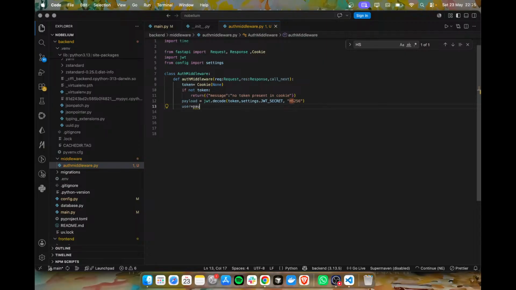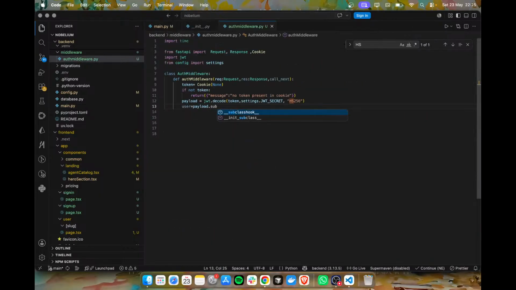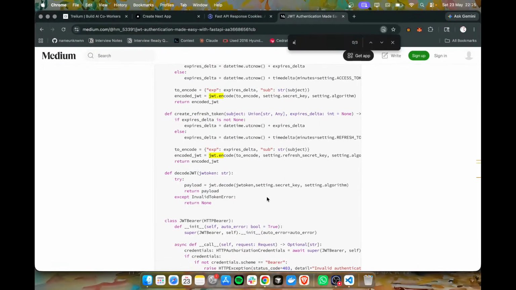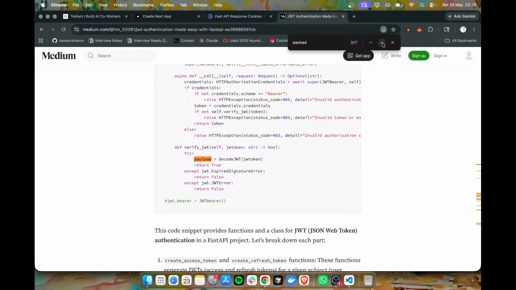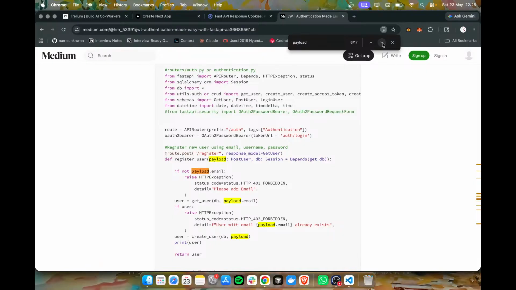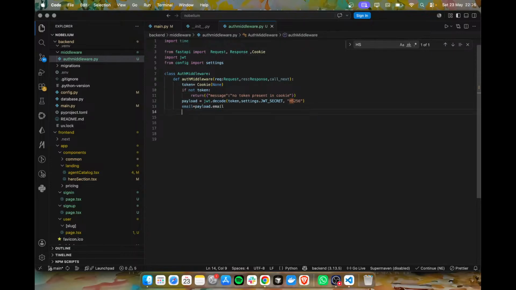User equals payload dot... because I think if not payload dot email. So this is email. If with